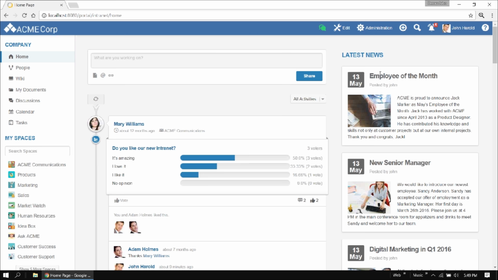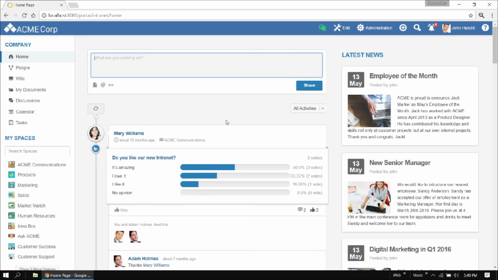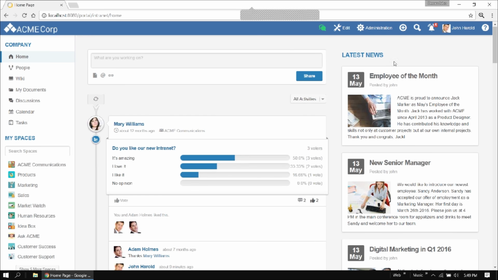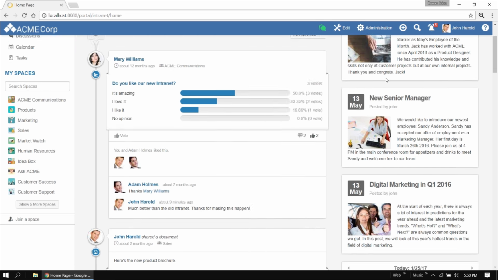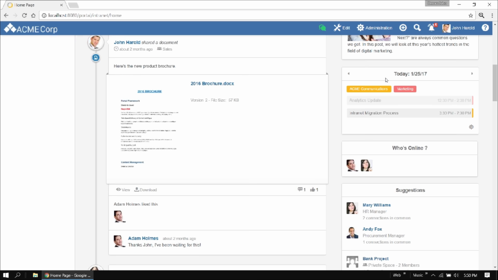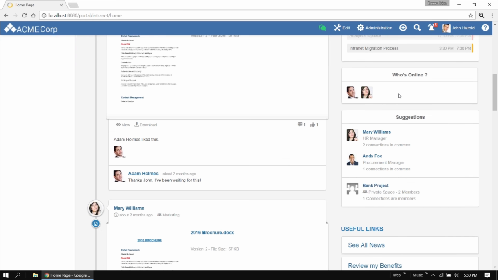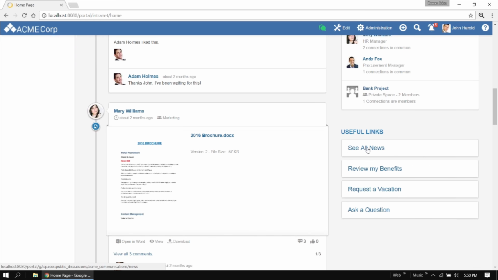So to the right side, we have a different approach. We have not a social type of activity stream, but more of a news feed where we can see, for example, employee of the month and announcements of that sort. And as I scroll down, I'll see things like today's event coming from my calendar. I can see who is online. I can see useful links, for example,